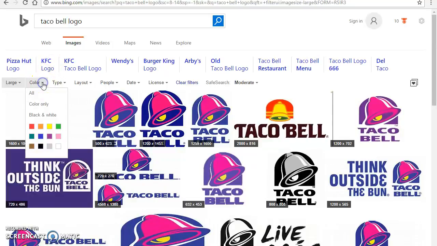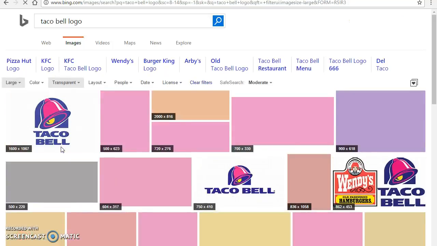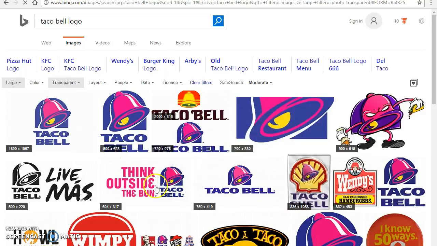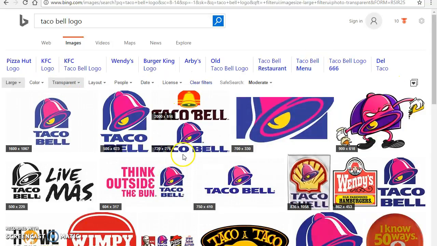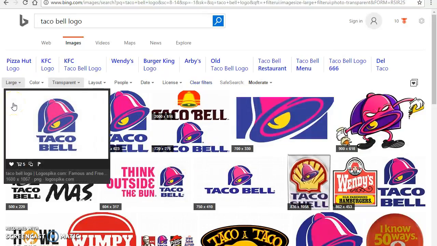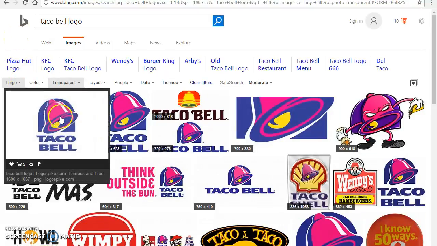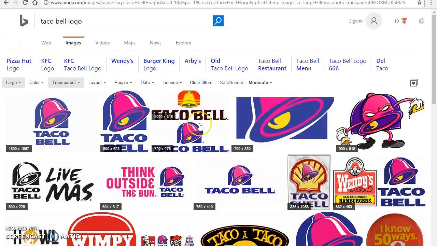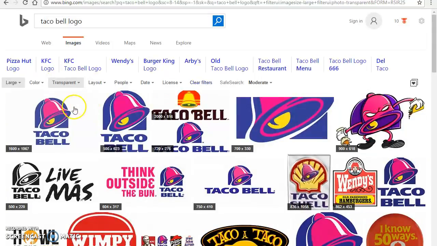And then another thing that you want to consider is finding a transparent logo, which means it doesn't have a background associated with it. And that's going to be helpful when you add it to your PowerPoint, because if you were to select a Taco Bell logo that had a black background, I'm not seeing an example of that, but if you had a logo that had a black background on it, and then you put that on